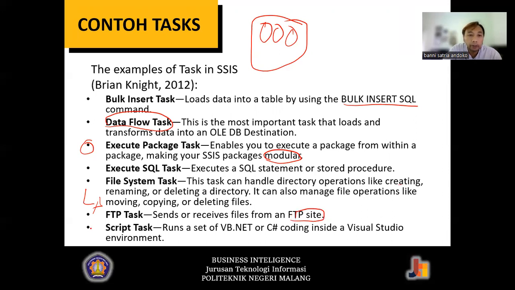The last one is called the script task. It runs a set of Visual Basic.NET or C# code inside the Visual Studio environment. Basically, these are the basic tasks that most people use to create an SSIS package.